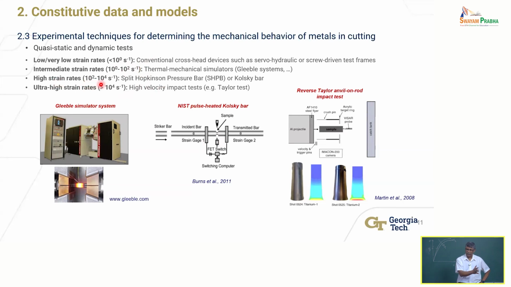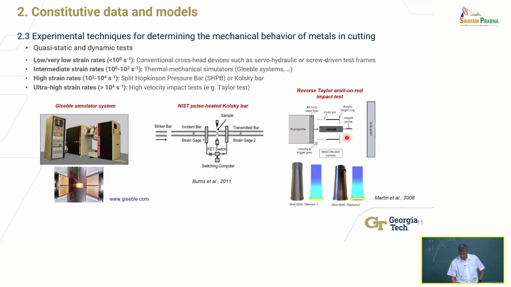At those strain rates, you are deforming the metal, analyzing the stress strain data, and that describes the high strain rate behavior of the material, okay? You can also do it at elevated temperatures. That is, you take the workpiece material, you heat it up, and then you smash it, okay? So you can do those kind of things.